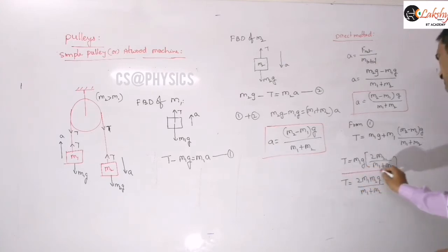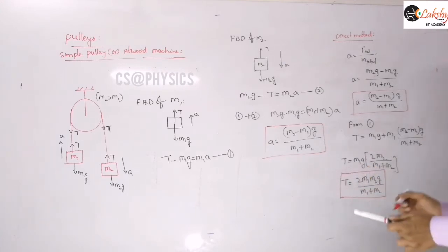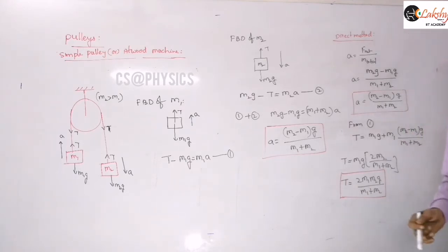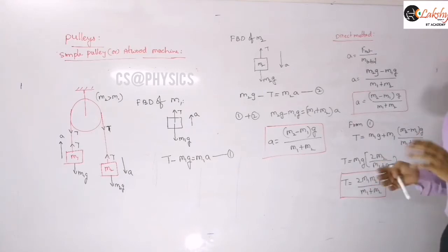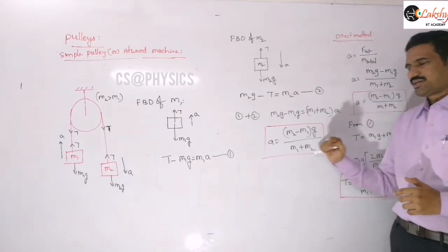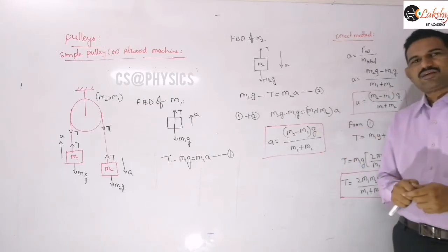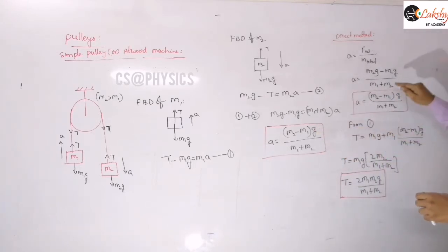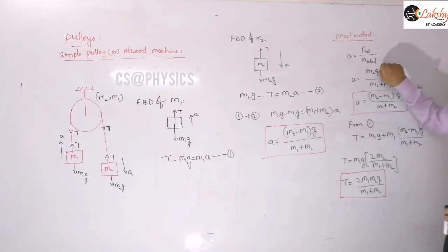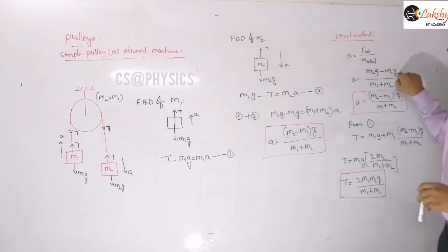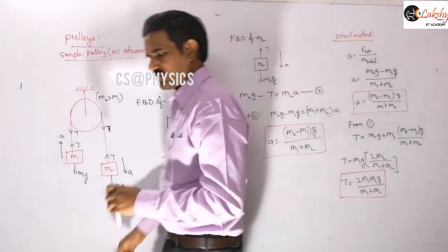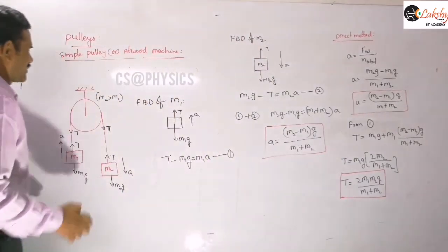So tension in the string is given by this expression. This is a simple pulley or simple Atwood machine. We just need to take the free body diagram of blocks M1 and M2, solve those equations to get the acceleration, and by substituting the acceleration you can calculate the tension. Or if you want to write the acceleration directly, it is net force by total mass in motion, so we need to identify which force is accelerating and which is opposing the system. That is a simple Atwood machine, and now I am extending the system here.